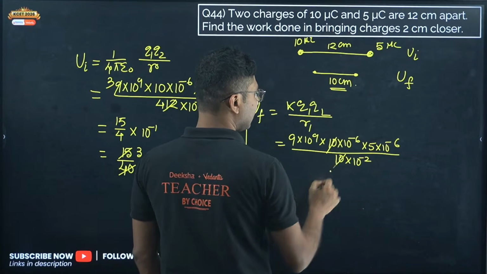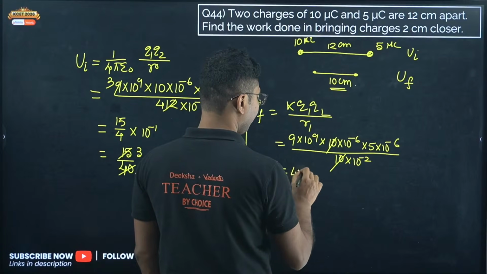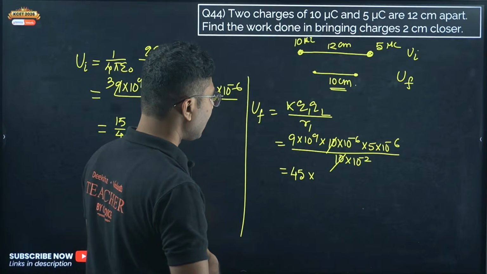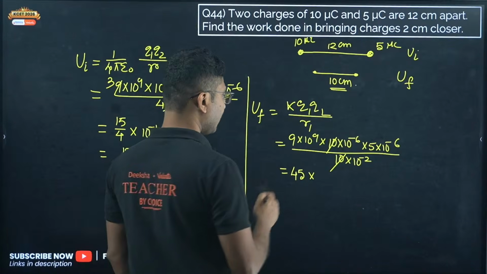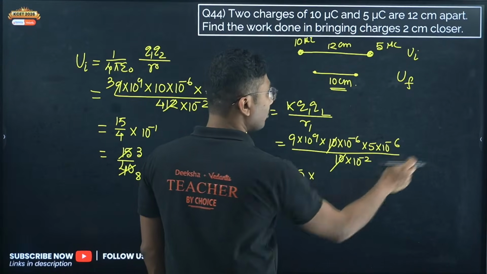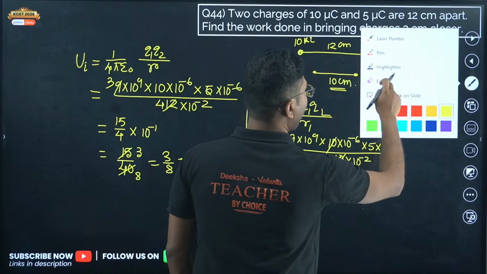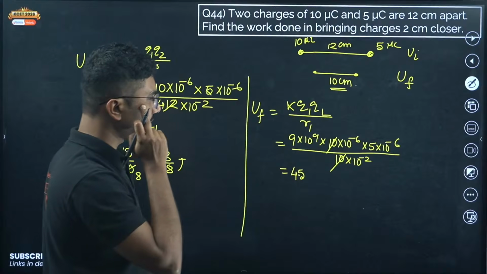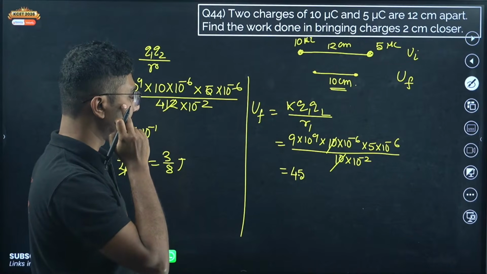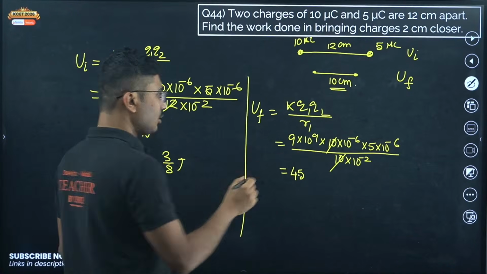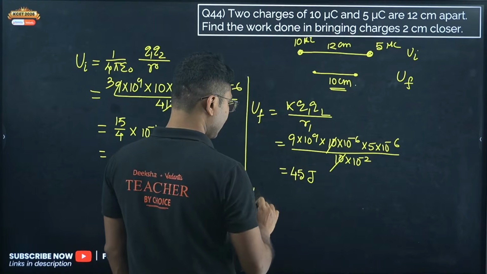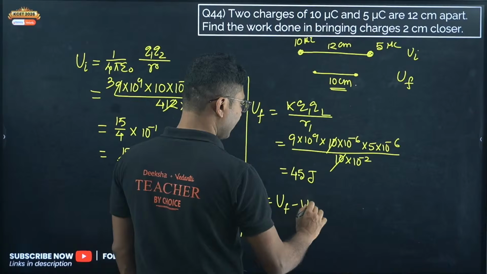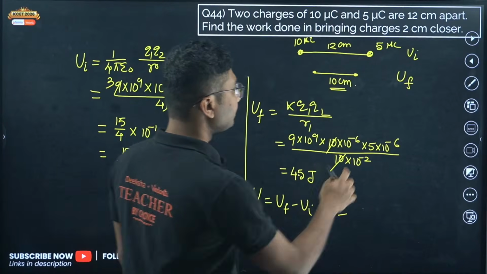So 10 cancels, you get 45 into 10 to the power of minus 1, that is 4.5. So it will be 4.5 joules. The change in potential energy is UF minus UI, and that will come out to be,